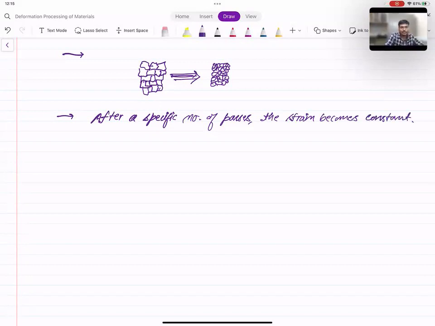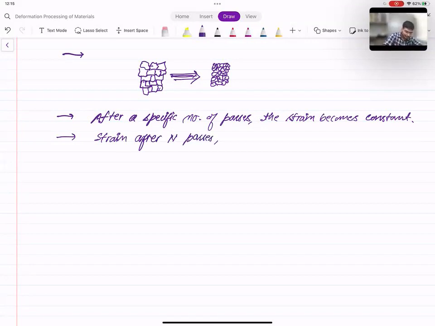Okay. And the value of strain after say n passes is given as, though this is a relation, means the derivation of this relation is out of scope of this course, so we'll see the relation only. So the strain after n passes